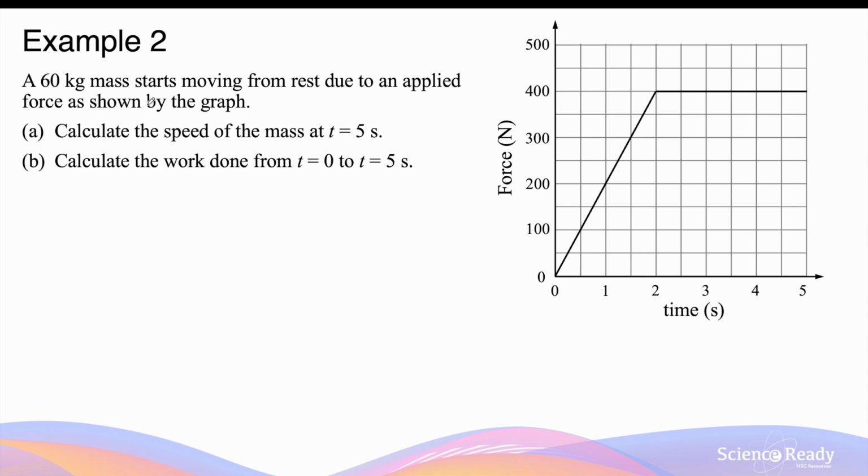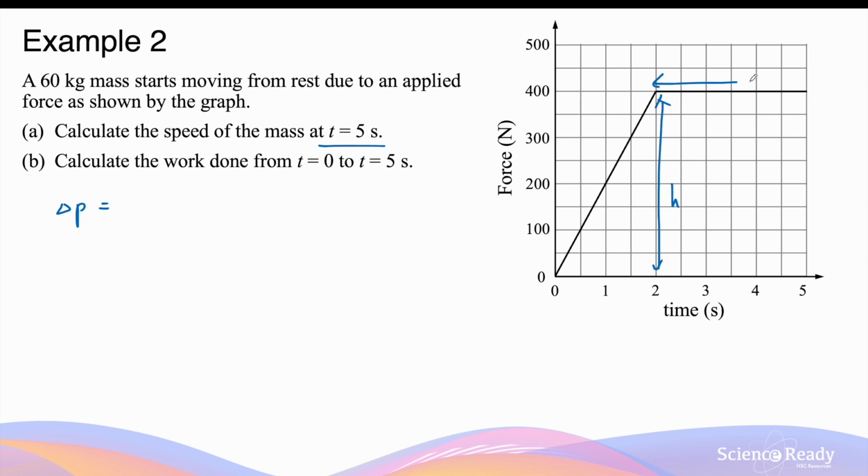A 60 kilogram mass starts moving from rest due to an applied force as shown by the graph. Part A, calculate the speed of the mass at t equals 5 seconds. So again, we can use the area under this graph to calculate the change in momentum due to the force applied. So the change in momentum here is equal to, again, the area under this trapezium, where the height is given by this,